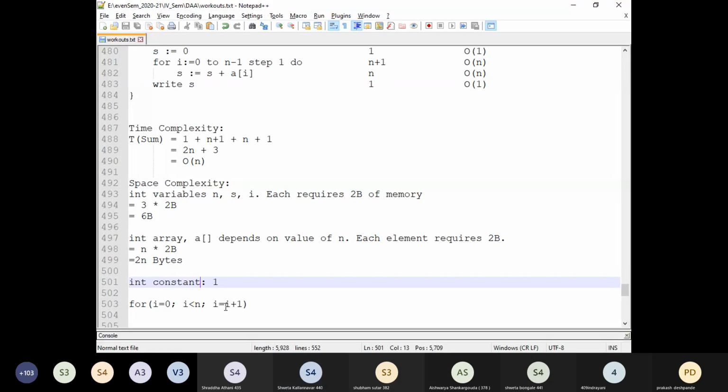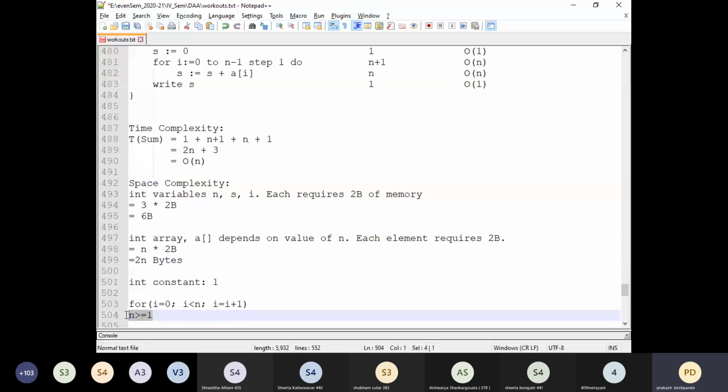Yes, sir. In the previous example, that is on the previous day when I was explaining, there was a different example together, and we had come across one more constant, right? If you remember, the condition was something like n greater than or equal to 1.